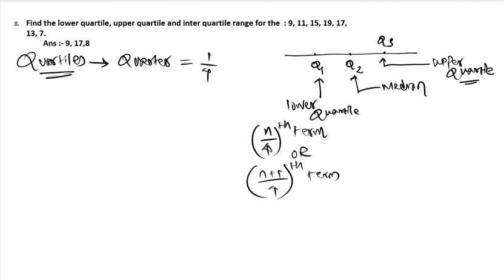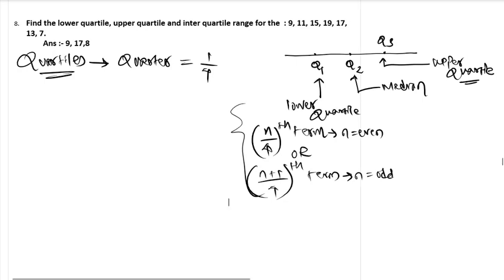When we are going to use n by 4th term, if n is even. And when we are going to use n plus 1 by 4th term, if n is odd, right? So this is the formula for lower quartile. Remember this, note it down in your notebooks, that the formula for lower quartile is n by 4th term when n is even, and n plus 1 by 4th term when n is odd. Okay,